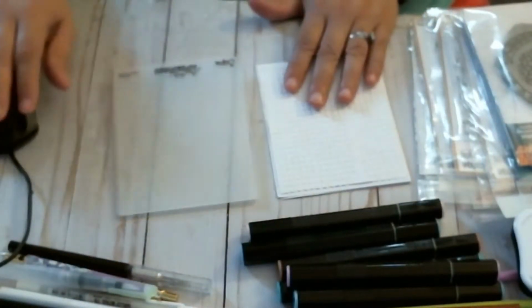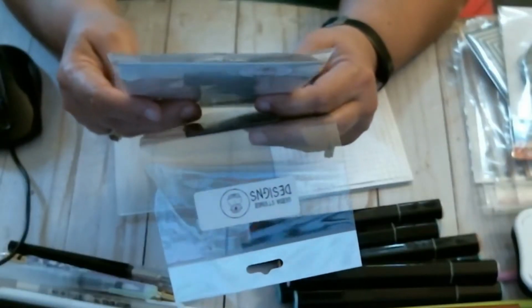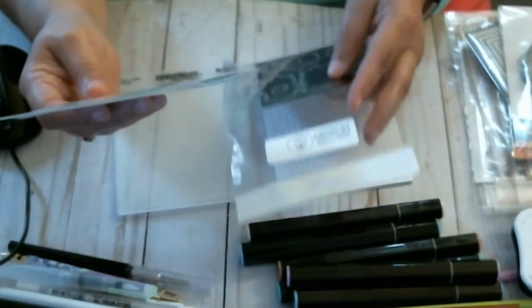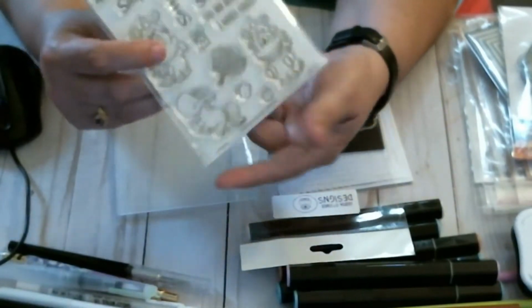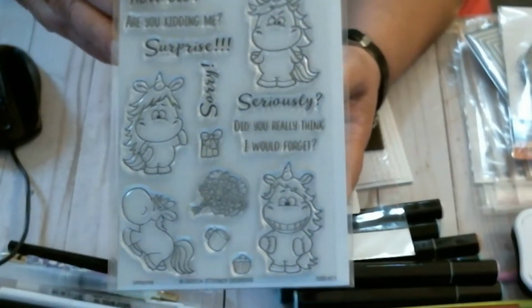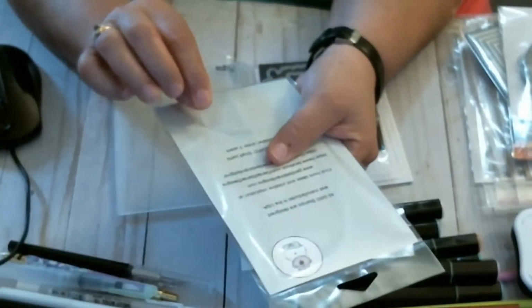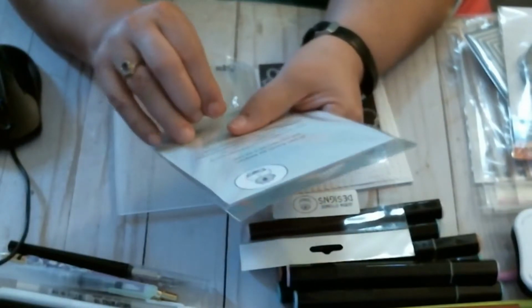And what I am planning on putting on it is, I have to make a couple of thank you cards and birthday cards to send out. So I found this Gerda Steiner Designs stamp set that I have, and it's got all these cute little unicorns on it. I've had it for a bit, and I honestly have not used it, because whenever I use a stamp, I